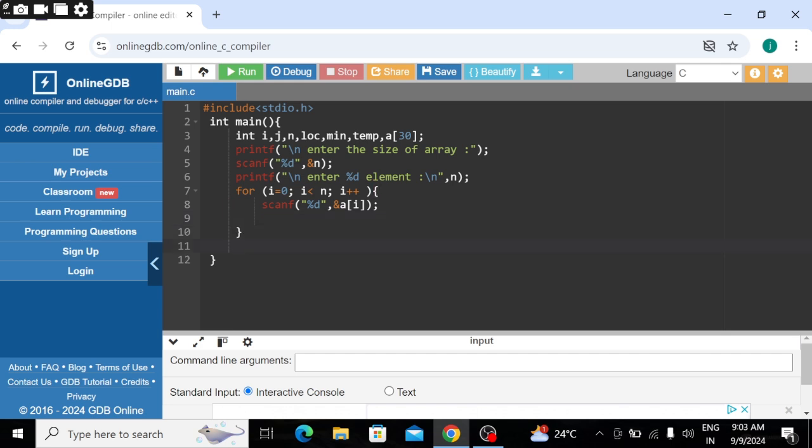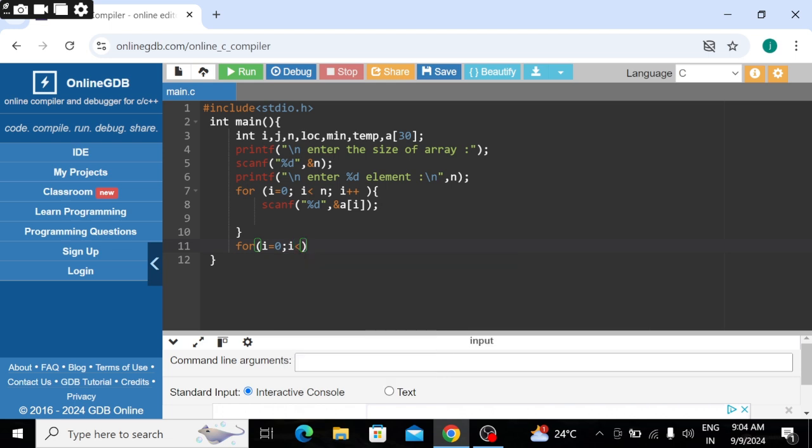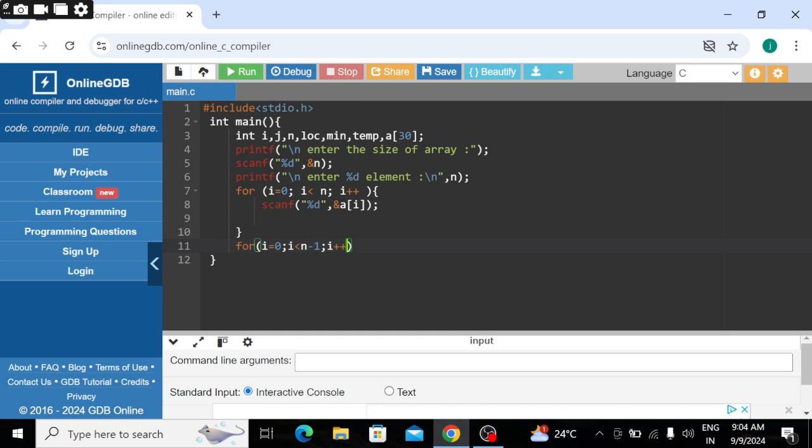After that, enter, and we use a for loop. In that for loop we again initialize i equal to 0, i less than n minus 1, and after that i plus plus.